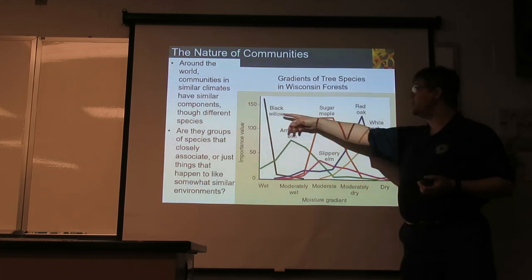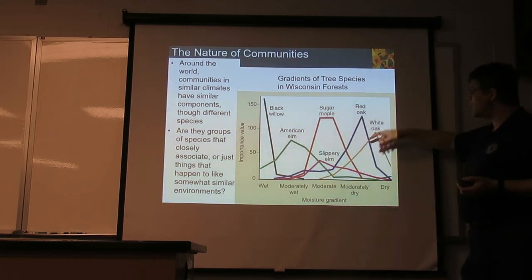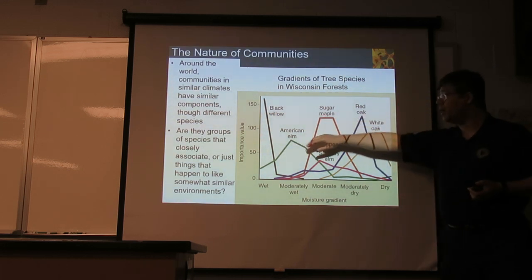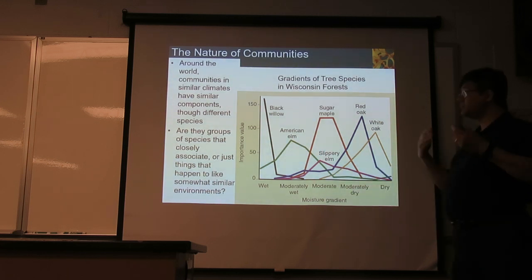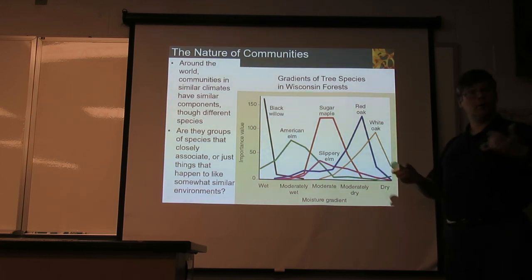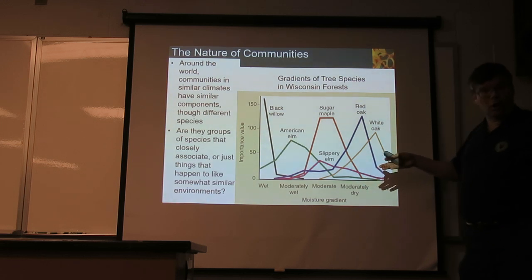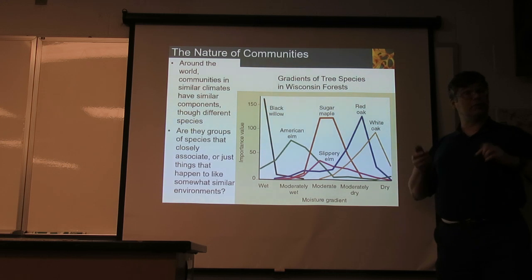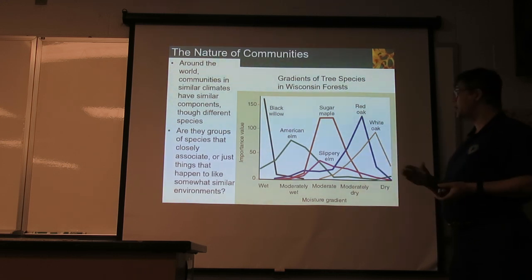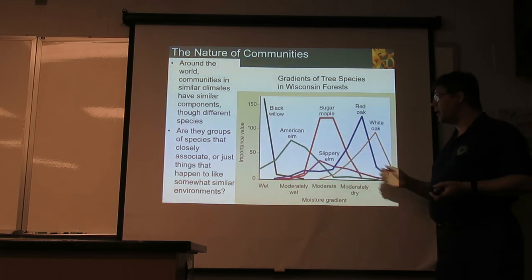And with that, we see different amounts of the commonest tree types that like different conditions. This is not one total community that are always together everywhere. Each one of these plants is responding to its own set of needs in the environment and varying in the